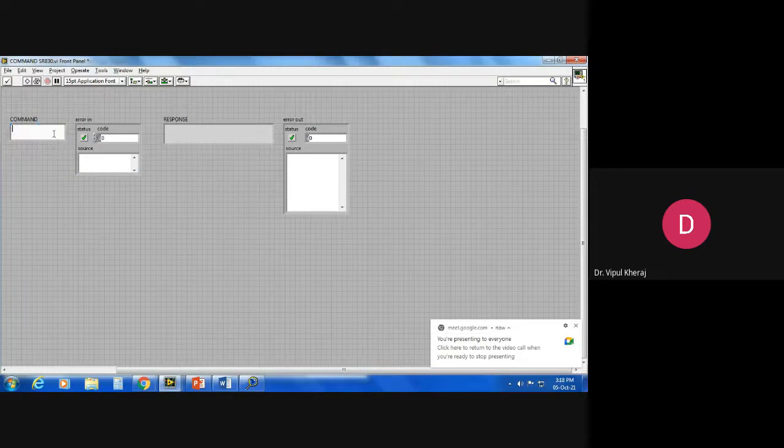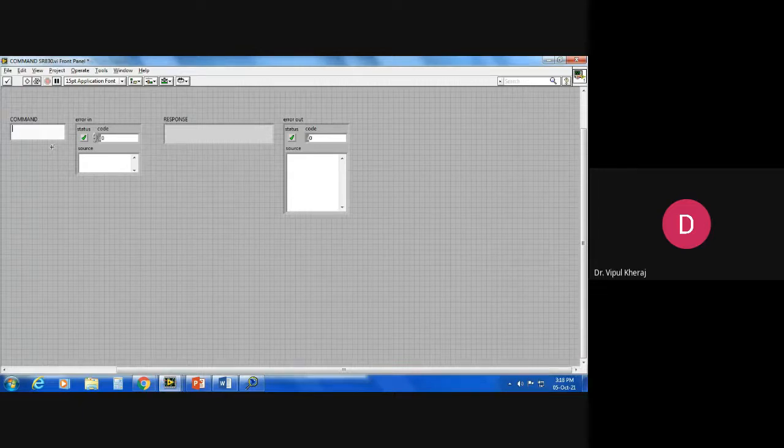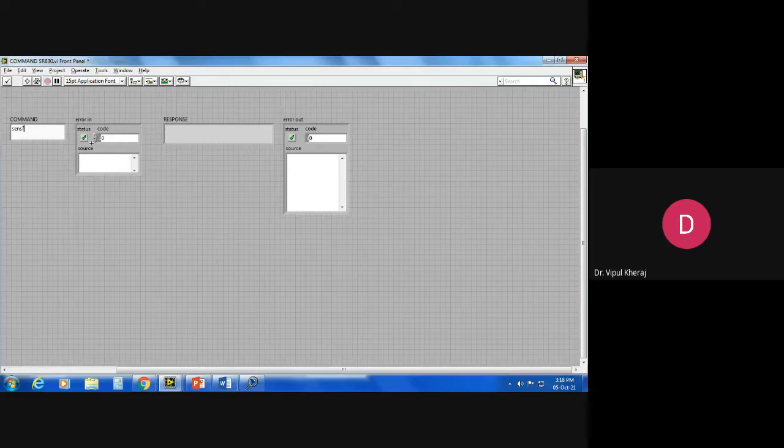Okay. So now suppose sensitivity. GPIB has this standard format that if you are asking a question to the instrument, then it will be followed by a question mark. So I'll write SENS question mark. The question mark indicates that I am asking sensitivity. This is a standard command provided to me by the instrument manual. Every instrument that has an interfacing feature will have this list of commands available in the manual. So all I have to do is go and read the manual of any instrument I buy.